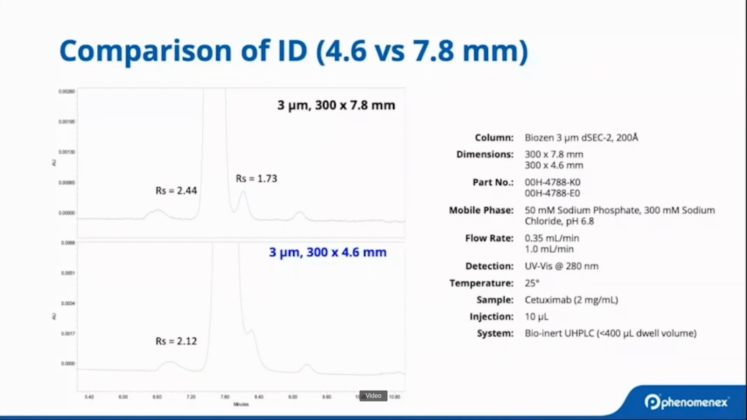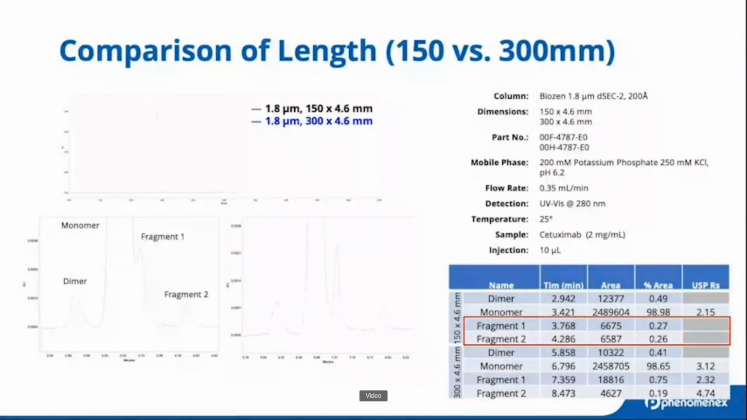So if you anticipate a method is going to be run on multiple LC configurations because it has the potential to be transferred across different sites, then the 300 by 7.8 is likely going to be the better choice in these situations. Staying with column dimension, this time looking at column length, and we mentioned in the introduction slide that